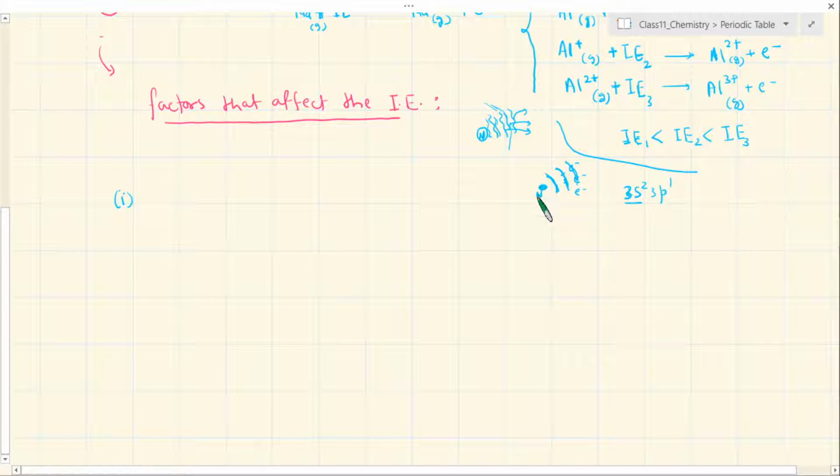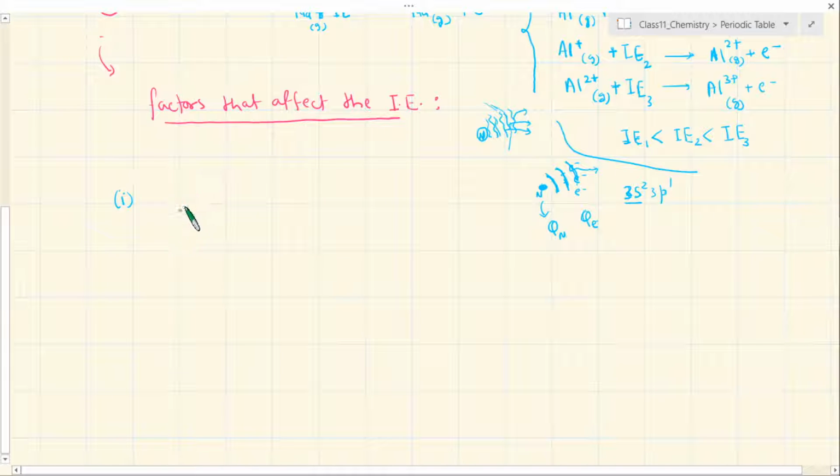Nucleus has its own charge. Let's call it Qn. And now let's talk about the charge only associated with the outermost electron that we have to remove. For example, I'm talking about the removal of the first electron here, and let's say the charge associated with this is Qe, right? The charge on an electron is the same, fixed, right? So the electron has one charge, and this is the charge on the entire nucleus. Whatever number of protons you have, they are included, so it is the total charge of the nucleus.